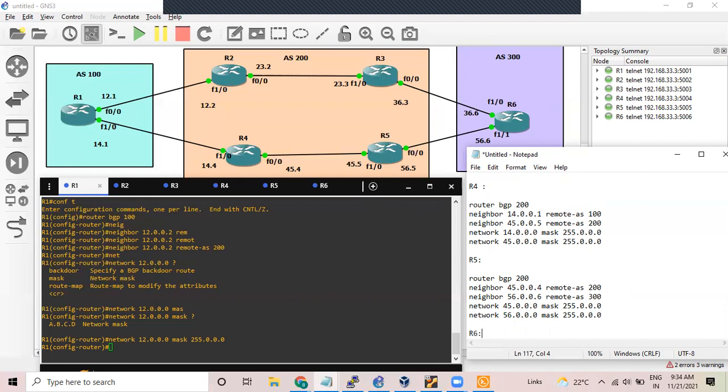Let's go with our last router. We have R6. That's the last guy. His AS number is 300. Let's change it first. My neighbor is 36.0.0.3, remote AS is 200. The other neighbor is 56.0.0.5, leave it as it is. Remote AS is 200. The network will be 36 and 56. That's it. We have configured